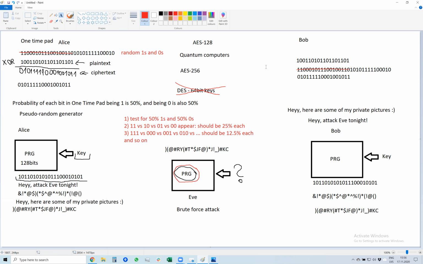So yeah, I guess we will continue studying more in depth about encryption algorithms next lesson. And by the way, yeah,